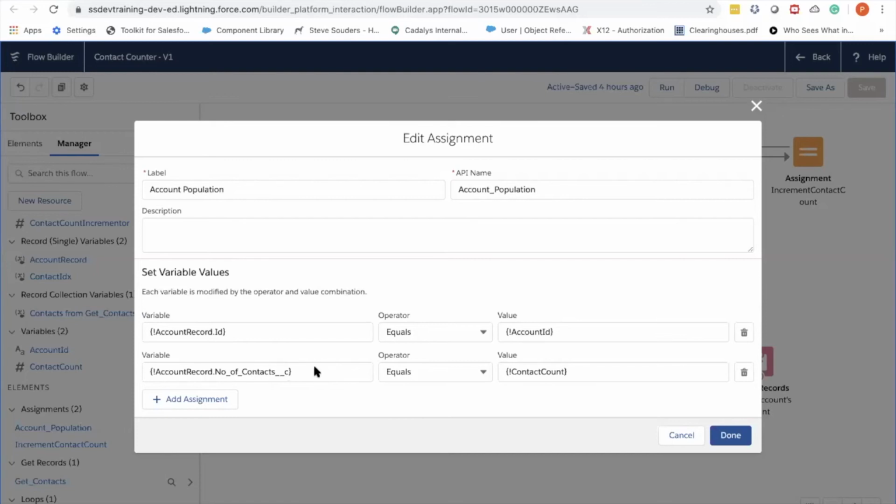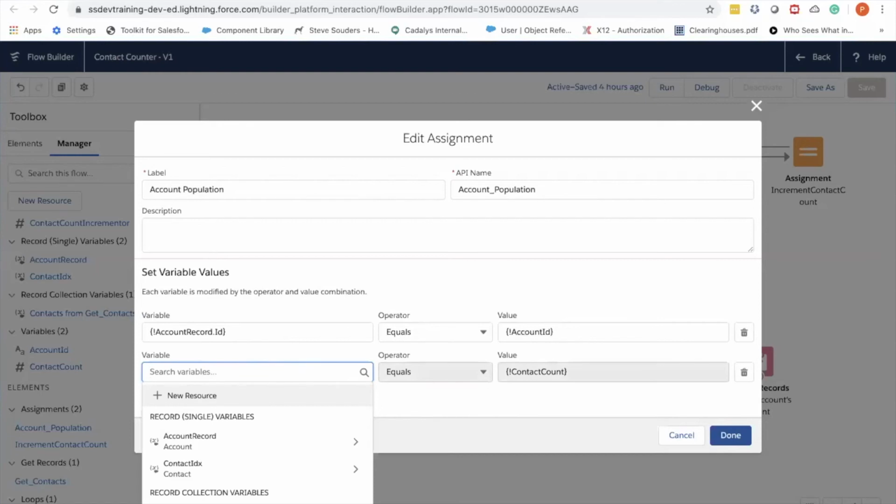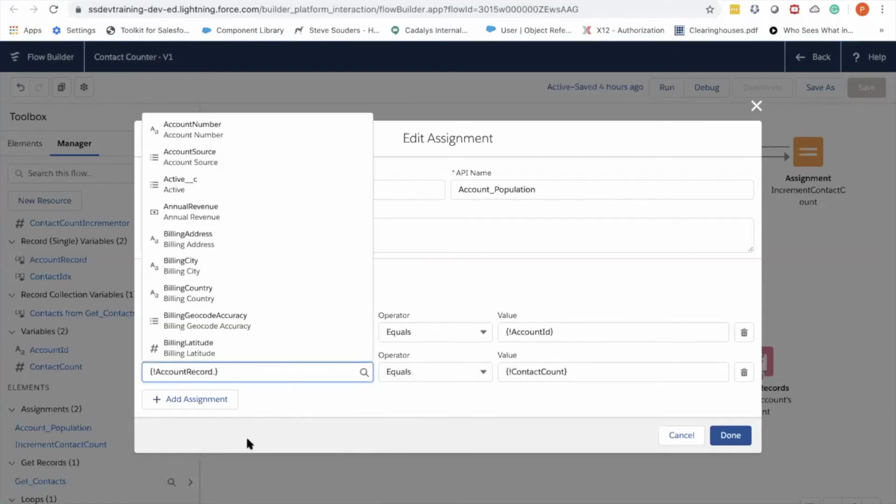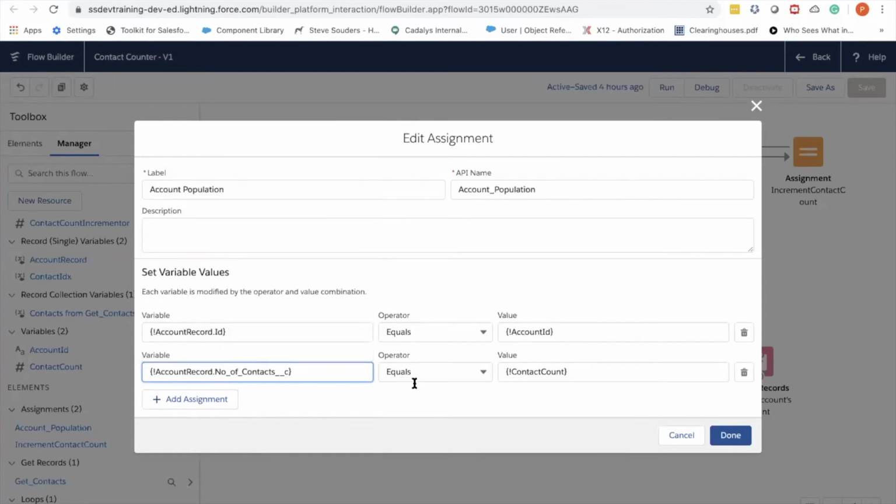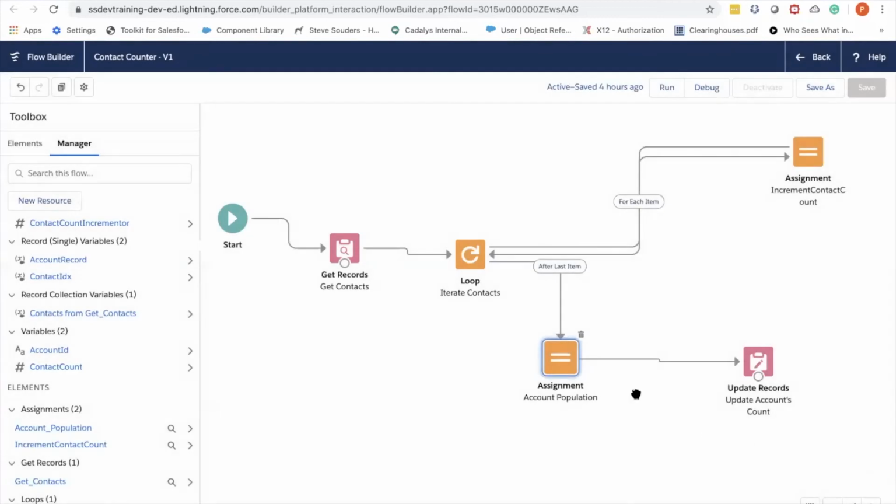So similarly, when you picked the account ID, you can click on the contact ID, and you have to select what field you are going to use. So I'm using number of contacts, equal to what value you're going to assign. I'm going to assign the value of the contact count, and done. And finally,